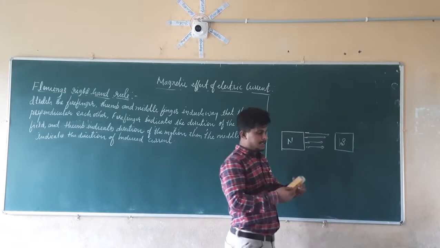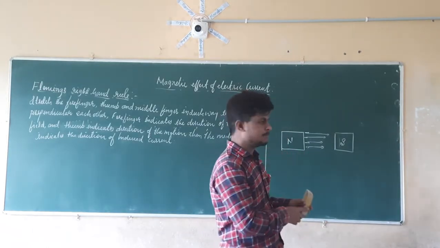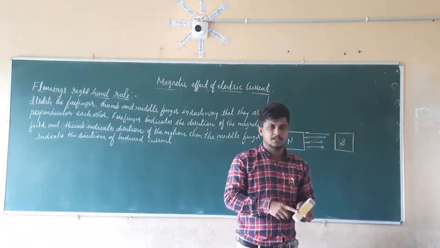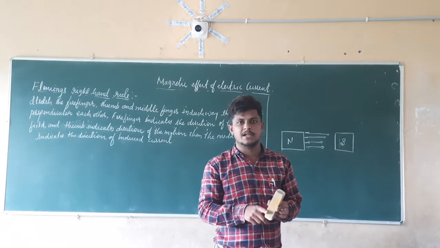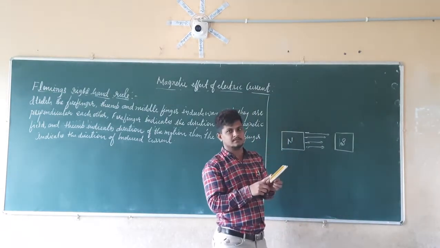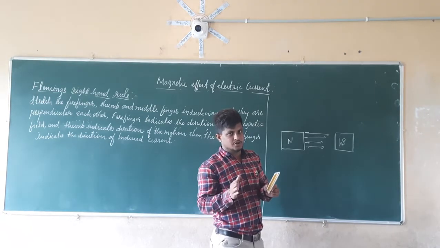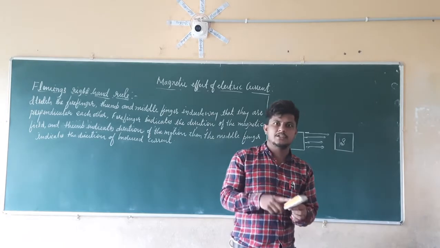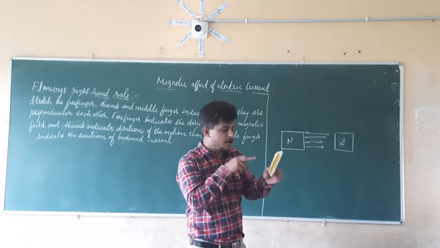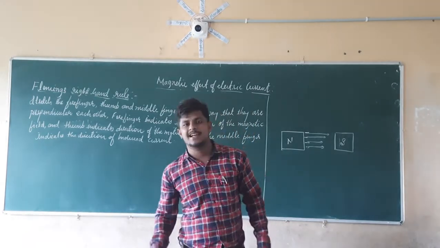If you check here, this conducting material is experiencing a different amount of magnetic flux, that is, magnetic field lines. If it is experiencing a different amount of magnetic field lines, that means it is going to induce a current. So we have to check the direction of the induced current. We are going to check the direction of the induced current by using Fleming's right hand rule.